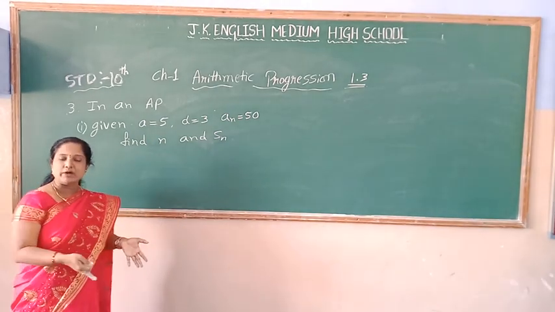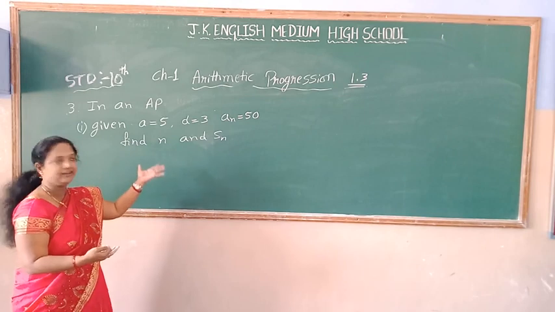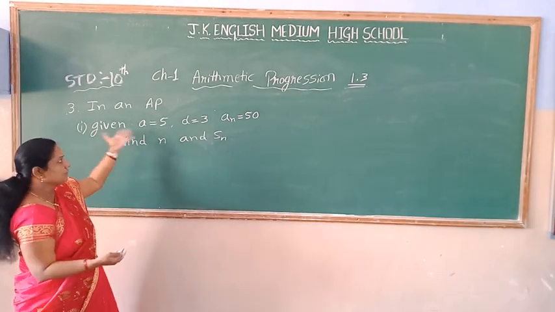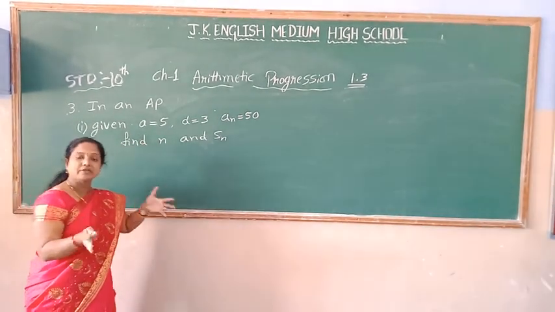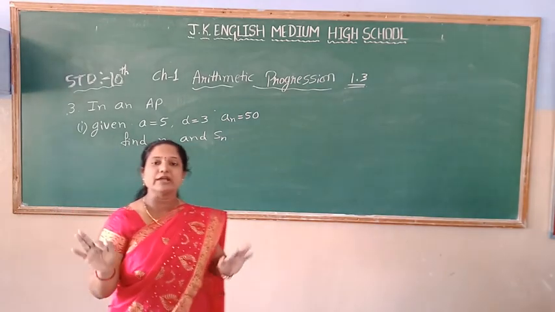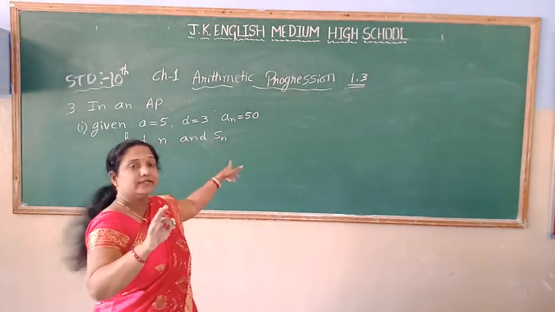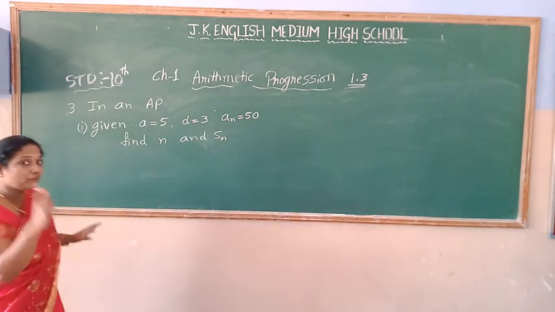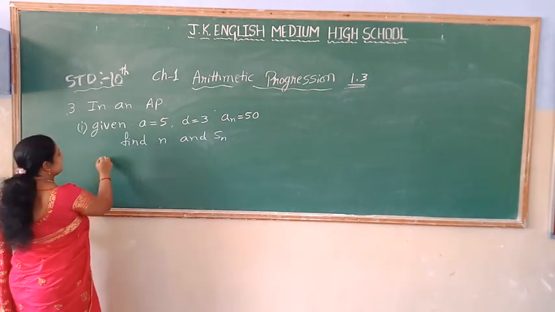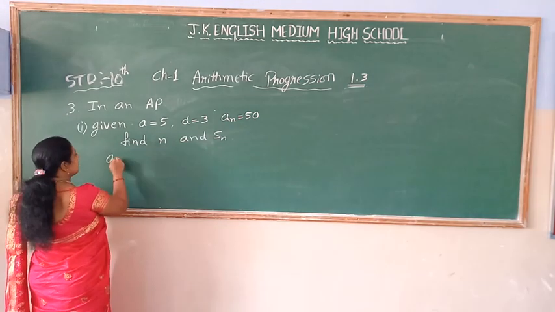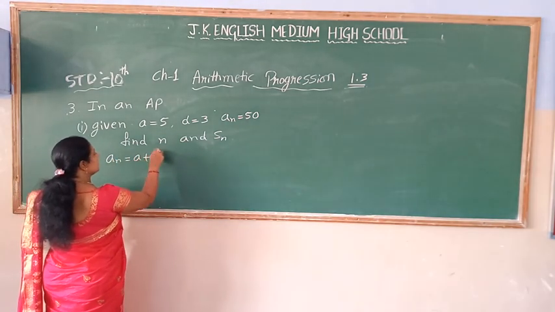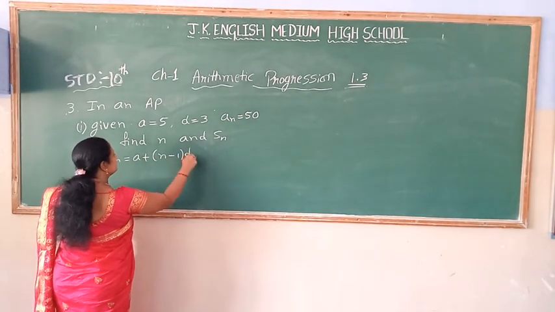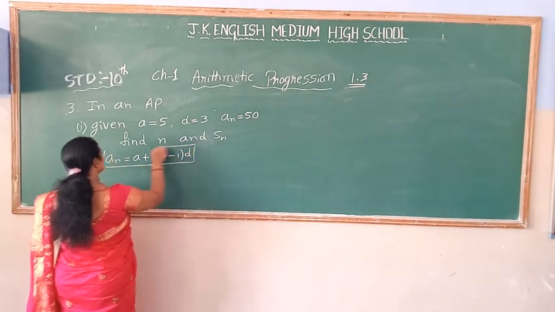Now, as in the second main, I solve with the same method, because I have to find n and Sn, and the given values are also the same. Instead of giving AP terms, they give directly the a value, d value and an, the nth term. So the method is the same and you have to use the formula to find n. an is equal to a plus n minus 1 into d. This is the formula we have to use to find n.